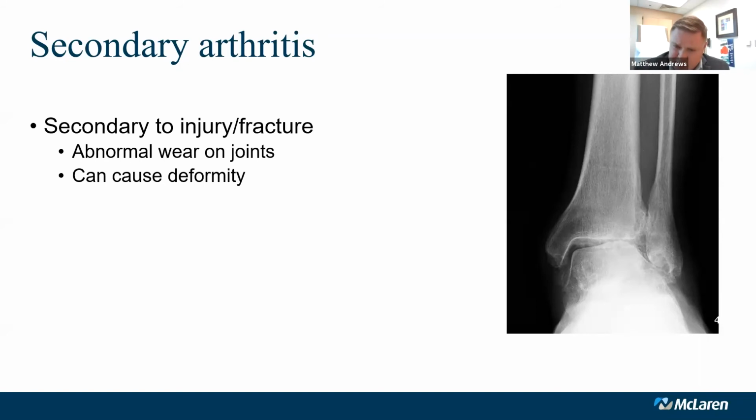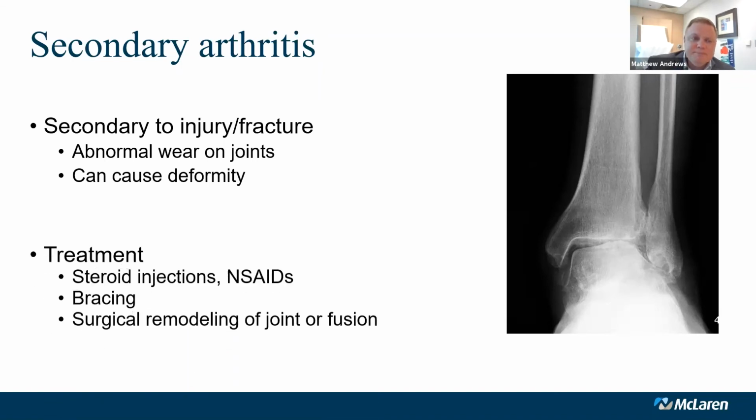This picture on the right here came right off my phone. This is a good example of a patient who had a high ankle sprain. So that's a discontinuity or a tear of one of the ligaments helping to hold those two bones together, the tibia and the fibula. And that basically destabilized the joint. And over a period of a couple of years, that abnormal mechanics of the joint really wore down the cartilage, and they're really left with a secondary arthritis type problem.